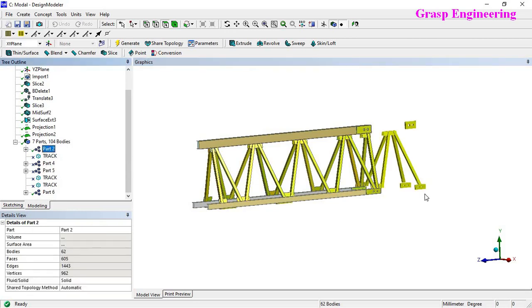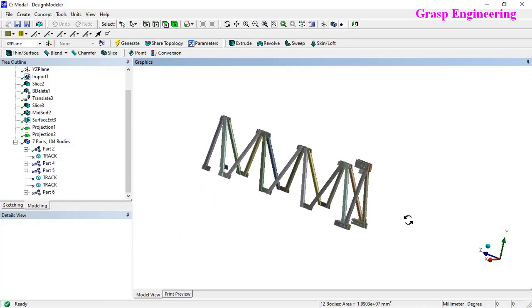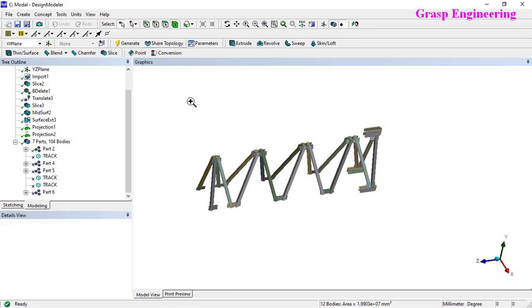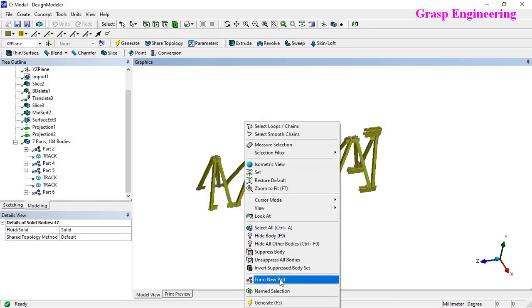I already created this, so suppress this part, hide it, then select all of this and form a new part.